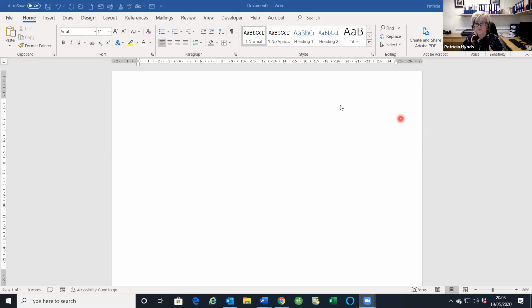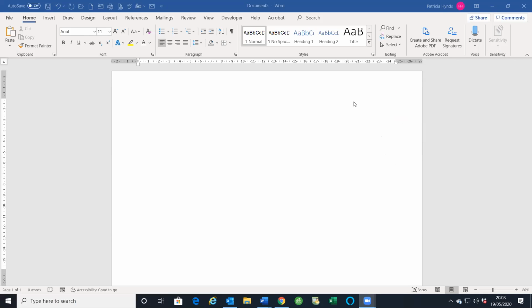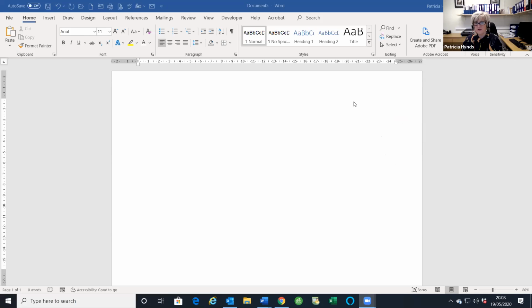Now, for any of you that don't use it, I'm going to take you back to basics on this to show you exactly how it works. So, table of contents. Basically, we work using styles. Styles are preset formatting, if you like, within Microsoft Word. I'll do a wee dummy document first,